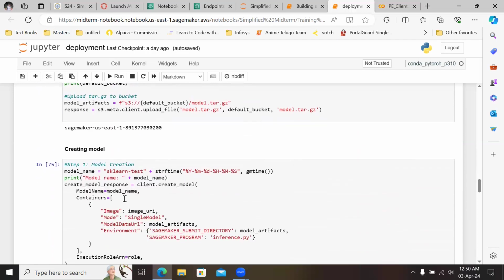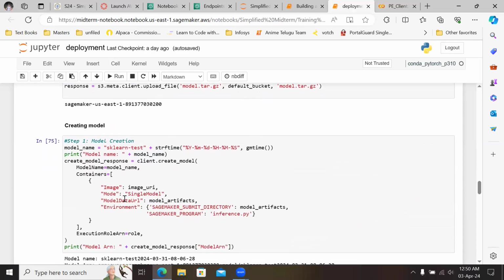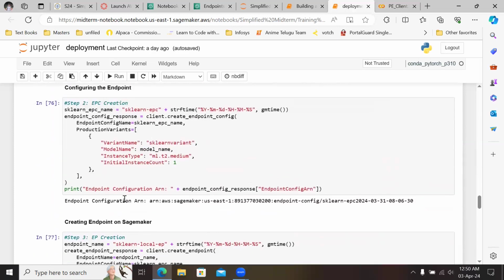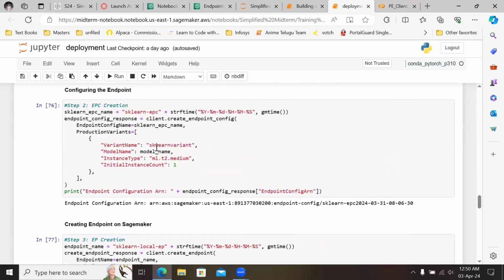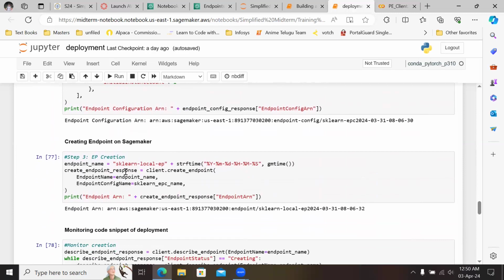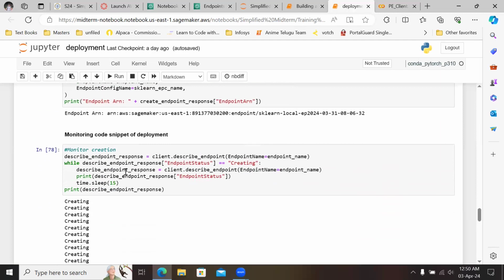In this step, we are creating a model for deployment. Later, we are configuring an endpoint for our model. And the third step is creating the endpoint to deploy our model, and this